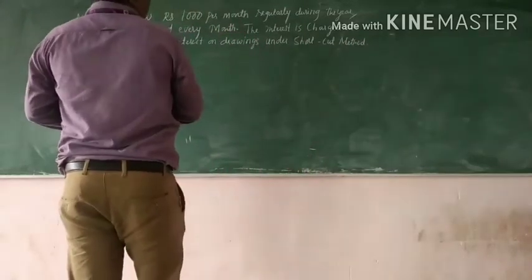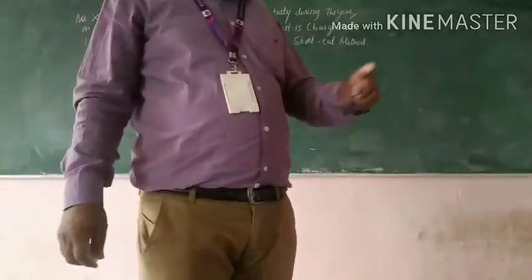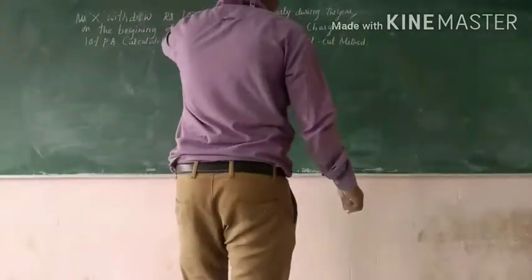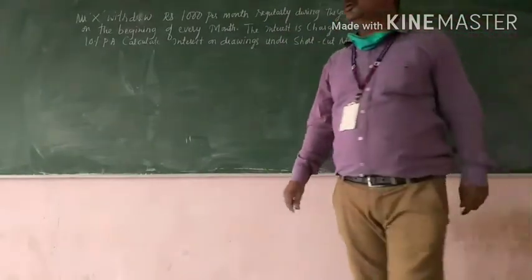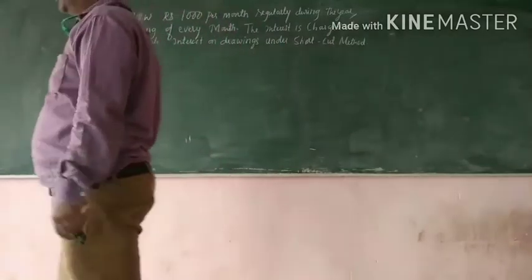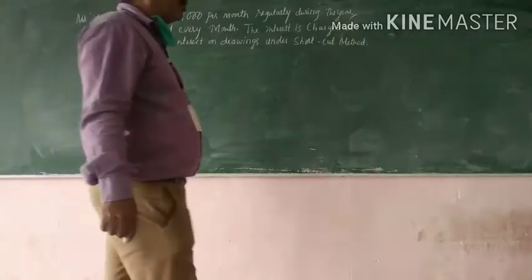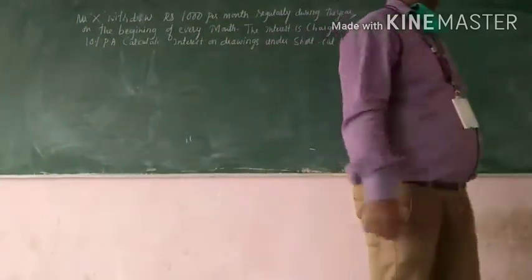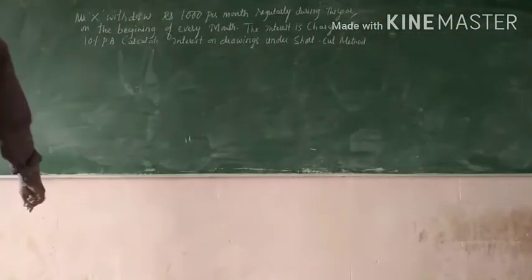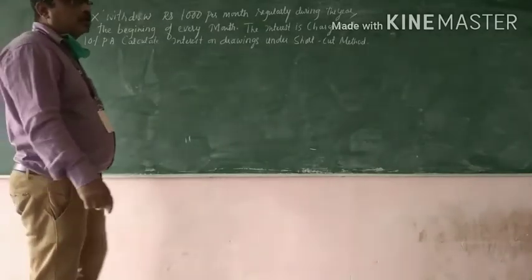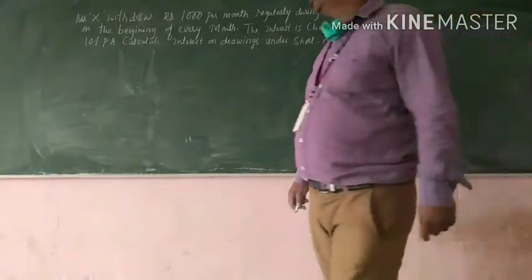Now I will first show you the same problem under the product method and show you the shortcut method simultaneously. Whichever is very convenient for you, whichever you feel is easy, you can adopt. But I know very well that after comparing both methods, you will definitely opt for the shortcut method rather than the product method for calculating interest on drawings of a fixed amount, either at the beginning of the month, the middle of the month, or month ending. So let us solve one problem.